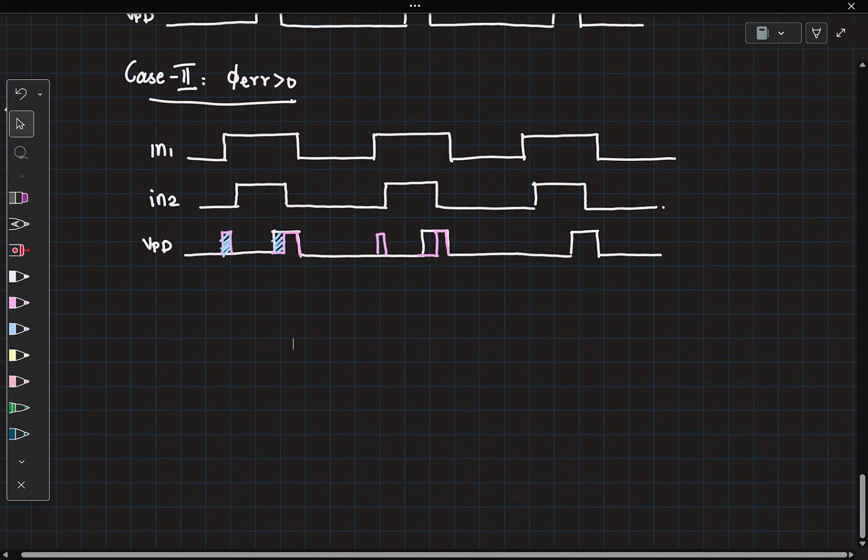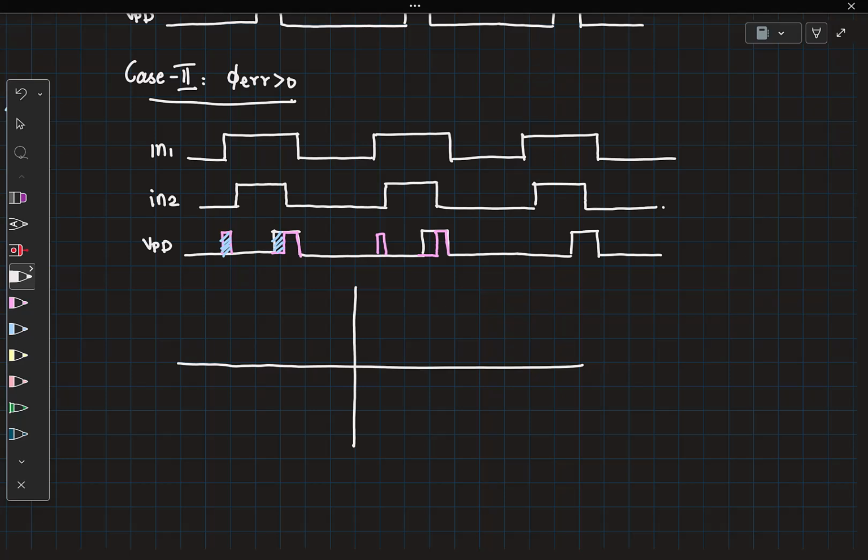So effectively, if my previous curve between 0 to pi went from 0 till VDD, I'm plotting, of course, VPD average versus phase error. Now, even for 0 phase error, there is a value which is non-zero. And this remains constant till the duration where the phase error delta t is greater than the difference between the pulse widths. And after that is when it will begin to increase like this.